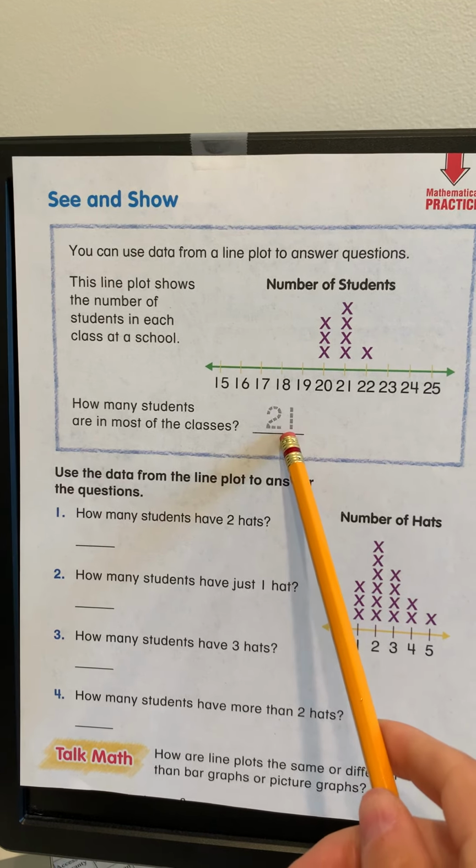Number 6, how many people found less than 5 pennies? Less means not as many. So if here's 5, less than 5, you go backwards. You're going to focus on 4 and 2. You're going to count all those to find how many people found less than 5 pennies. Then on the bottom, number 7 says, how many people have 5 dogs? How many people have 5 dogs? You're going to look at your number of dogs here, find the number 5, and see if there's any X's